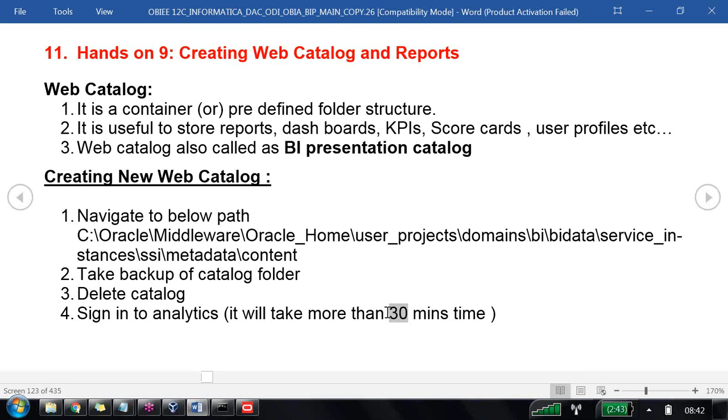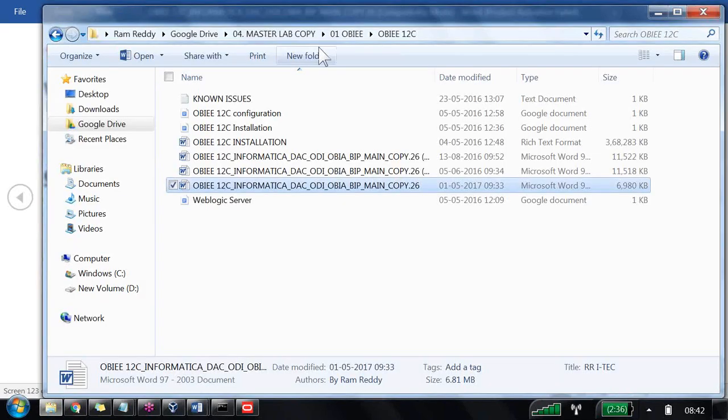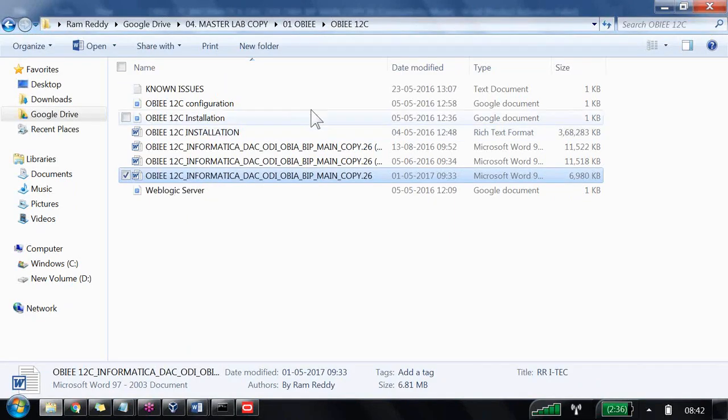Here one beautiful thing is, are we restarting the Oracle OBIEE presentation server? No, we are not restarting the Oracle OBIEE presentation server. That means without downtime, we are able to create a new presentation catalog. I will show you for our understanding purpose. Anyhow, tomorrow I will do this one. Practically, in 11G only I will do it. Not tomorrow, today itself we will do it even. Let me go for